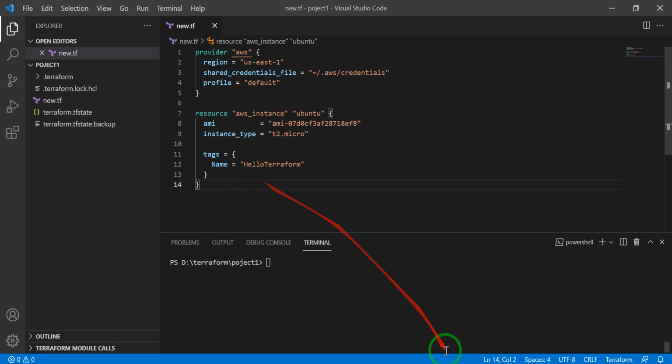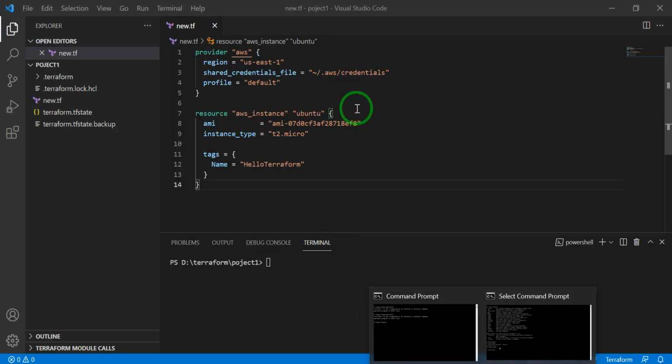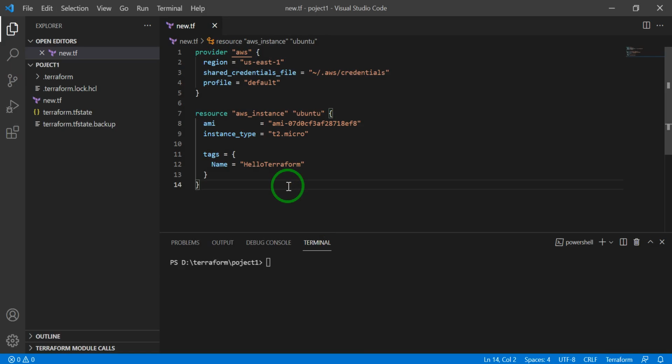So the problem is, how can we recognize that my machine is connected to my AWS account or not, and how can we know that this profile is my profile, or how can we create the profile of AWS, so that my Terraform code will connect to my particular AWS account. So it's very simple.